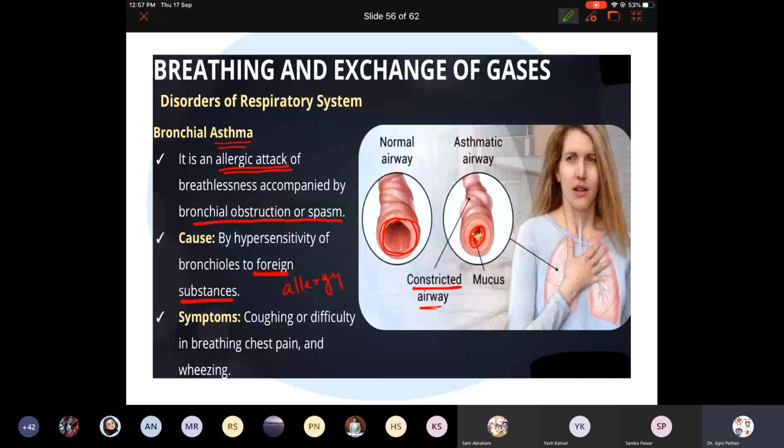Yes, Sanika, tell me. When the curve shifts to the right, it has reduced affinity because already three are bound with hemoglobin, right? And also there's an increase of carbon dioxide level in the tissue. Yeah, okay, ma'am. Thank you. Okay, you're welcome.